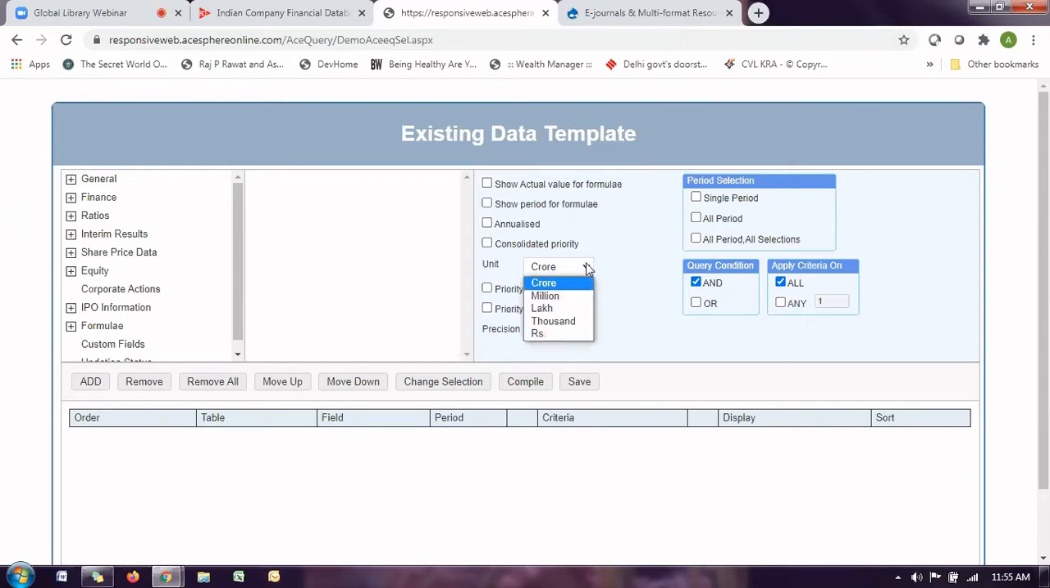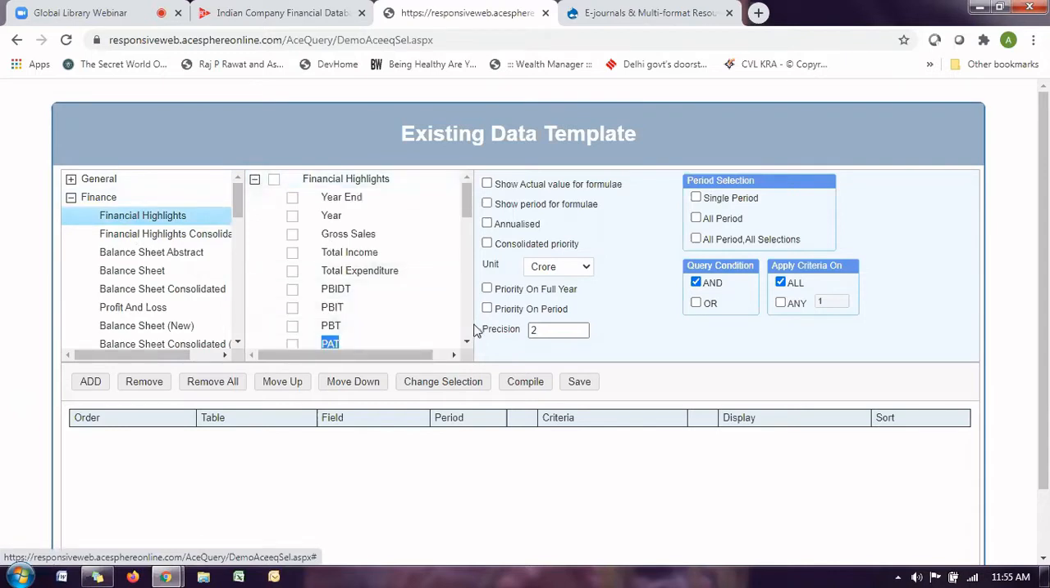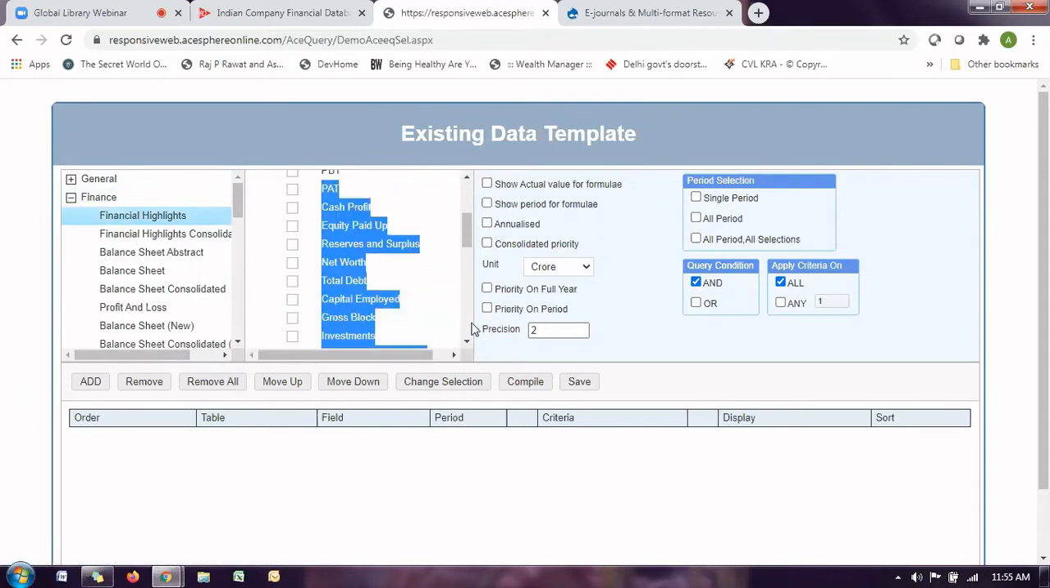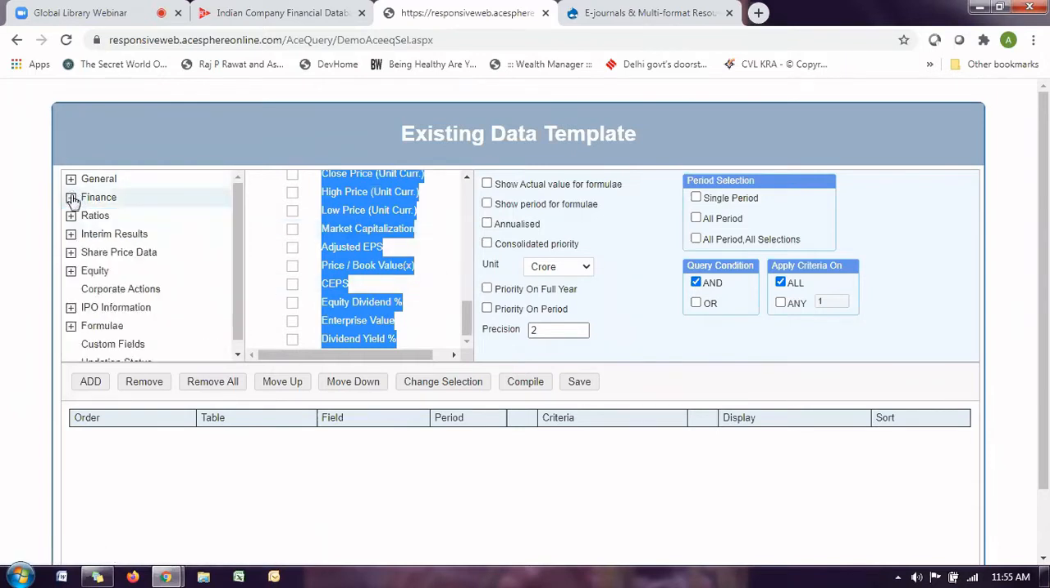I can give it in crore or million, I can search on that. By default, the currency in the company section may be millions, but here we have the option to select it. Suppose I click on finance highlights. If I want the year-end market cap, I can go to the financial highlights table and from here select the market cap, which is year-end. But if I want the latest market cap, then I have to go to the